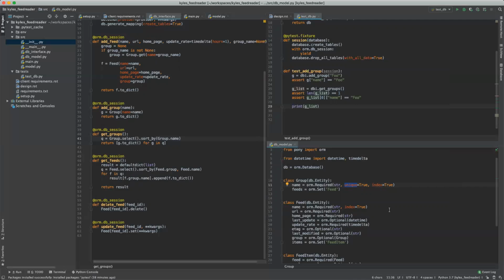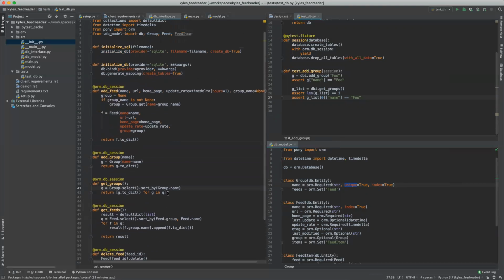If we accidentally add the same feed twice and we want to just delete one of them, we don't want our delete interface to go through and nuke all of our instances of that feed. We only want it to delete the one that we've selected because that's the expected behavior. Okay. So let's go ahead and get rid of that. All right. So now,